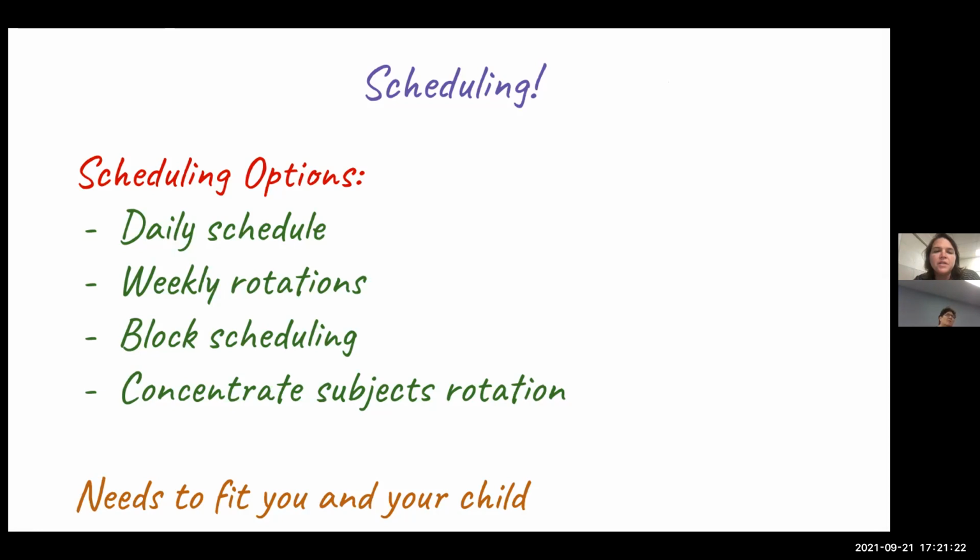But I would encourage you to think about your daily schedule. Maybe you want to do every subject every day. That would be a daily schedule, or which subjects do you want to do every day? You can do weekly rotations, like maybe in addition to math and language arts, Monday is art day, Tuesday is music day, Wednesday is science day, et cetera. So you could rotate through the subjects on a weekly basis. And then block scheduling